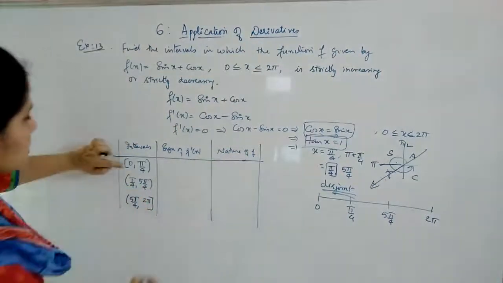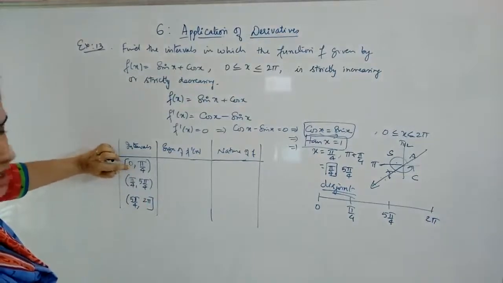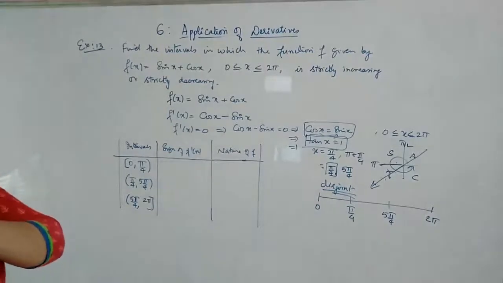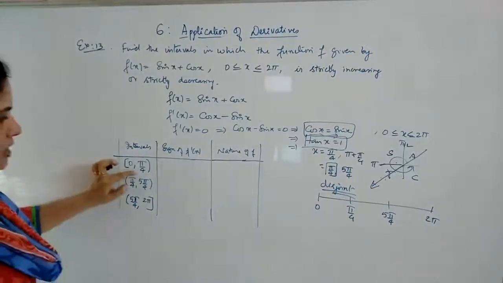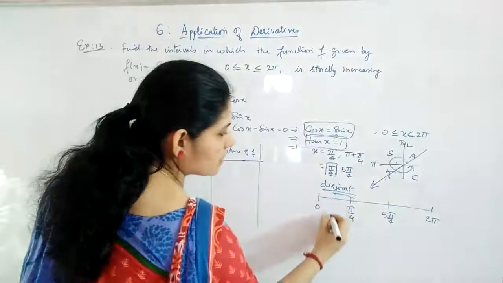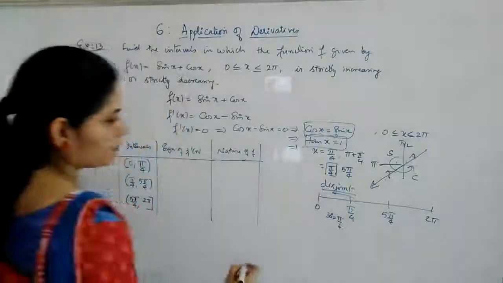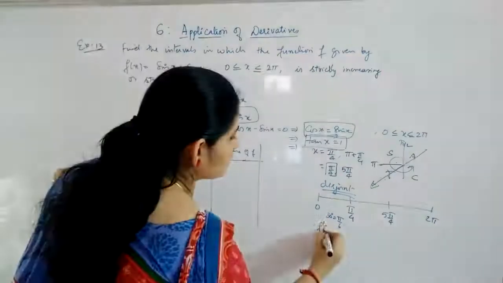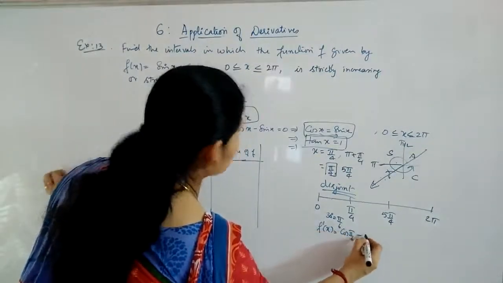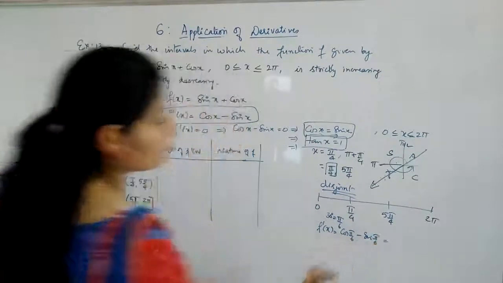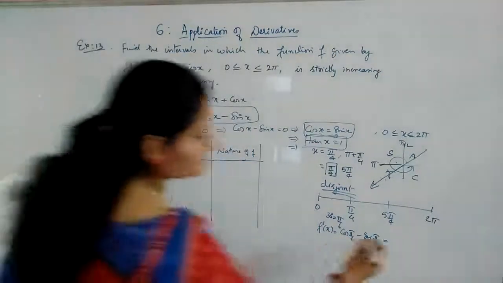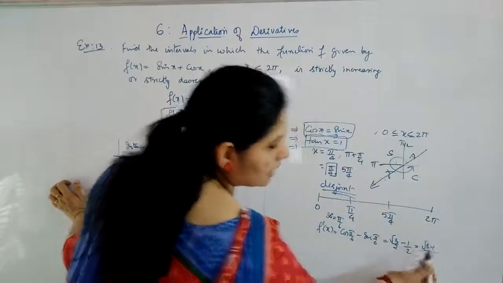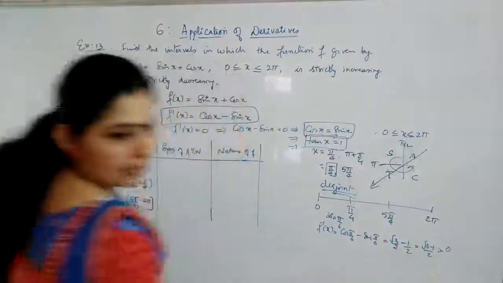Okay, now for this 0 to pi by 4, we can take any value in between 0 to pi by 4 which is comfortable for you. Which one we will choose? We can just take pi by 6. Pi by 4 is 45, so you can use pi by 6 which is in between, that is 30 degrees. Now you have to check f dashed of x. In your f dashed of x, it will give you cos pi by 6 minus sin pi by 6. Cos pi by 6 will give you root 3 by 2, minus 1 by 2. So it is root 3 minus 1 by 2, and you know that root 3 is greater than 1, so you are getting it to be greater than 0.